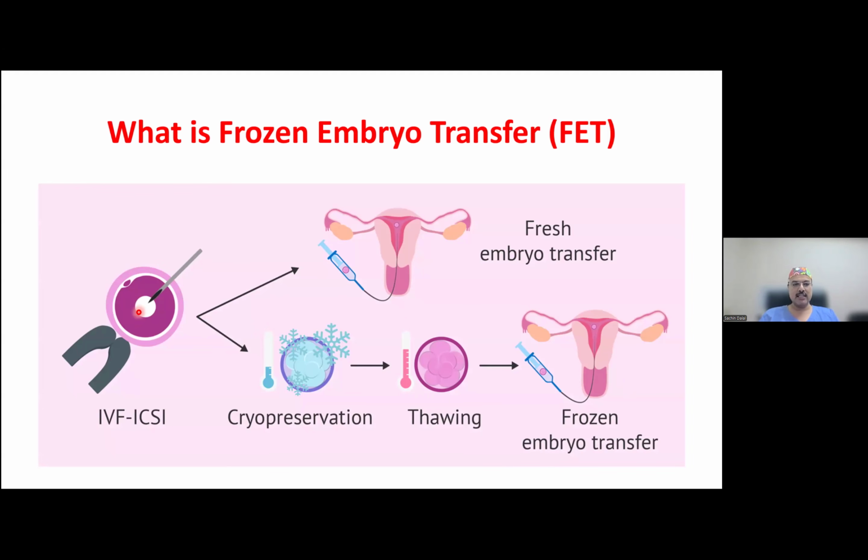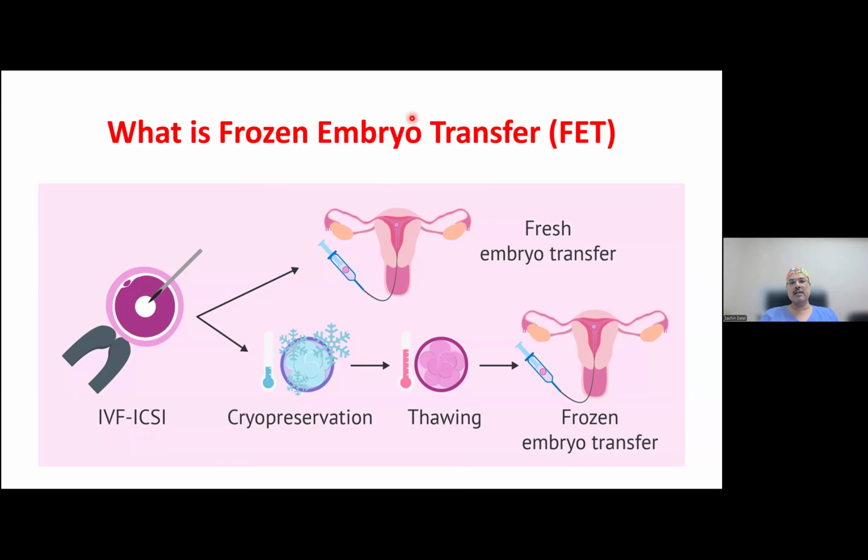You have done IVF or ICSI. Now, people will be surprised, at our center 90% of the cycles are still IVF cycles. I've spoken to a lot of seniors, and they still believe that in case the sperm count is good, IVF should be done, and ICSI should be reserved only for severe male factor. Otherwise, you really don't need to do ICSI. Now, when the follicles aspirated are less than 15, or if you feel that OHSS is not going to occur, then we still do a fresh embryo transfer.